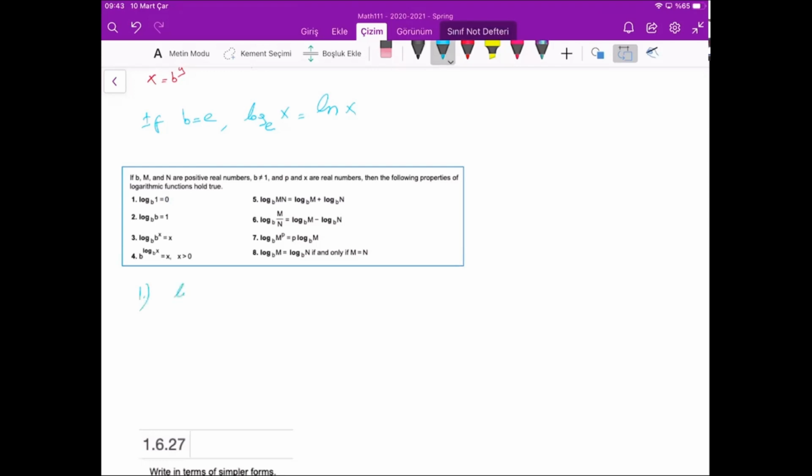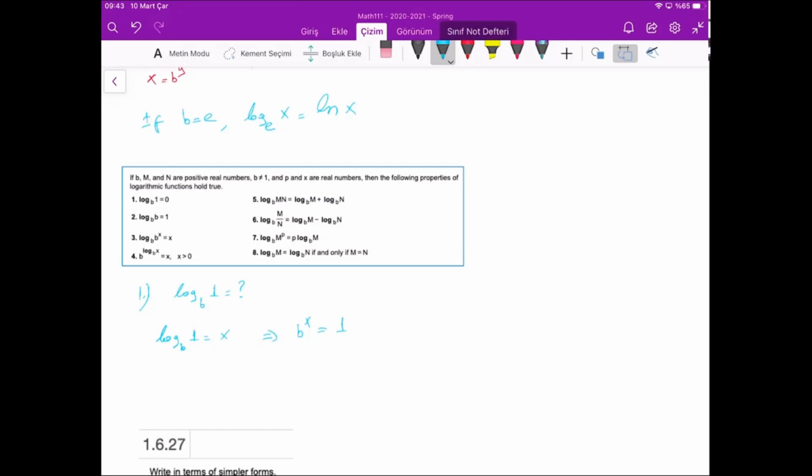For example, our aim is to calculate this value. We don't know it, so let's say this is x. So we obtain b to power x equals 1. For all b, which power equals 1? b to power 0 equals 1. If b is 5, 5 to power 0 equals 1. If b is 6, 6 to power 0 equals 1, or b is 1 over 2, (1/2) to power 0 equals 1. There is no problem, so b can be negative also.